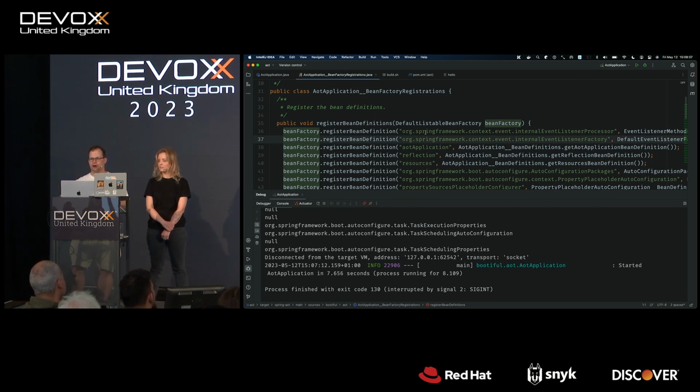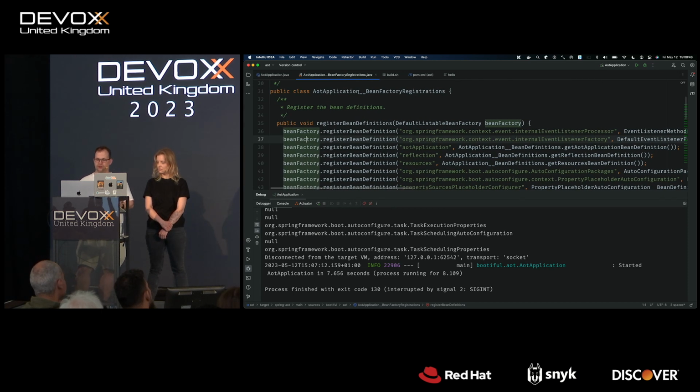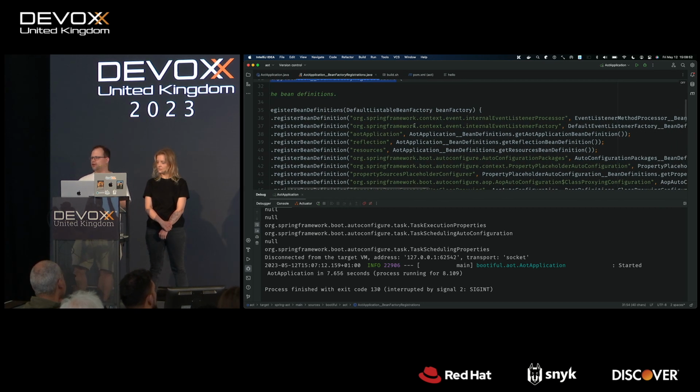And we can then take the information about the running application, say, we don't go to the final phase, but we have the bean definitions. We can take all that information and write it out in this code-generated thing. We register things in a functional style, right? And so this is reflection-free. You don't have reflective metadata. There's no scanning on the packages and looking for methods with annotations on them or anything.